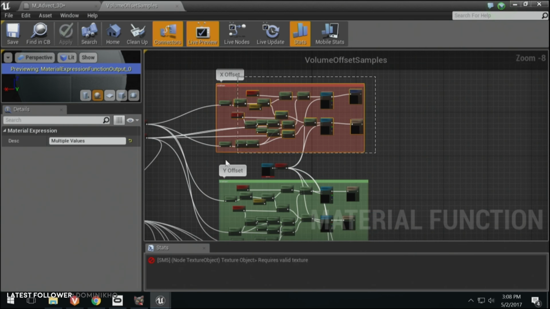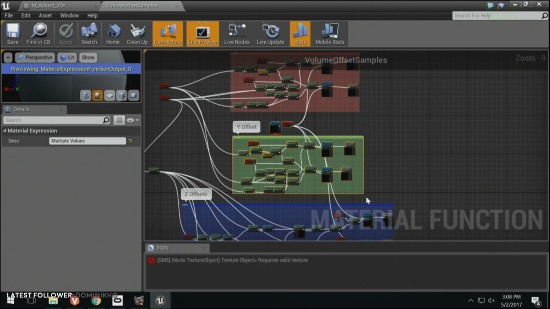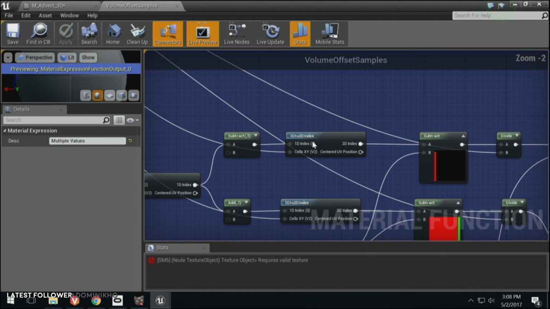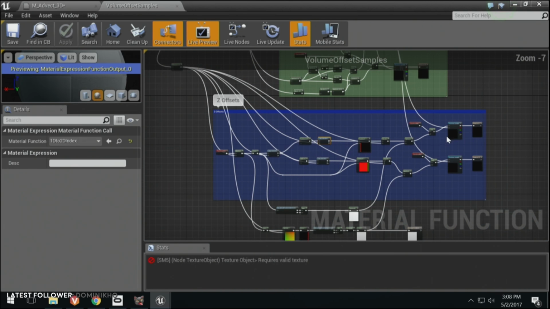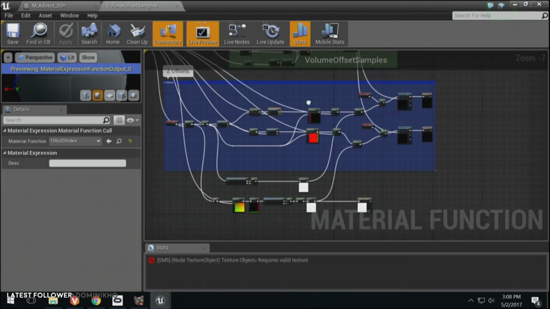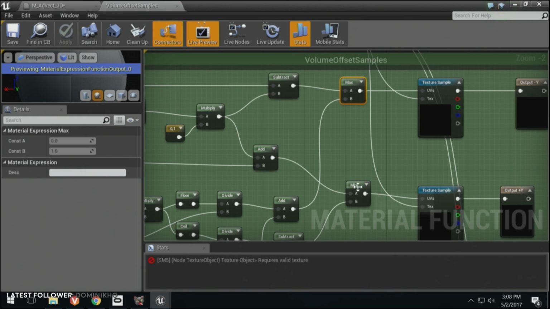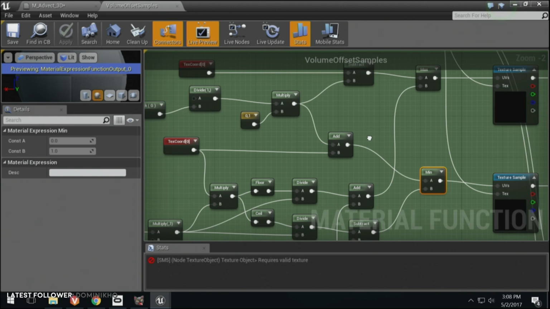So I only look up the X and Y offsets as a simple 2D offset. And then I just use some of this 1D to 2D conversion math for the Z frame offsetting. But you'll notice here that I clamp the UVs to never go beyond the edge, half of the edge texel on the edge of that frame. And that keeps it from seeing into other frames and from reflecting, and kind of allows the fluid to exit beyond